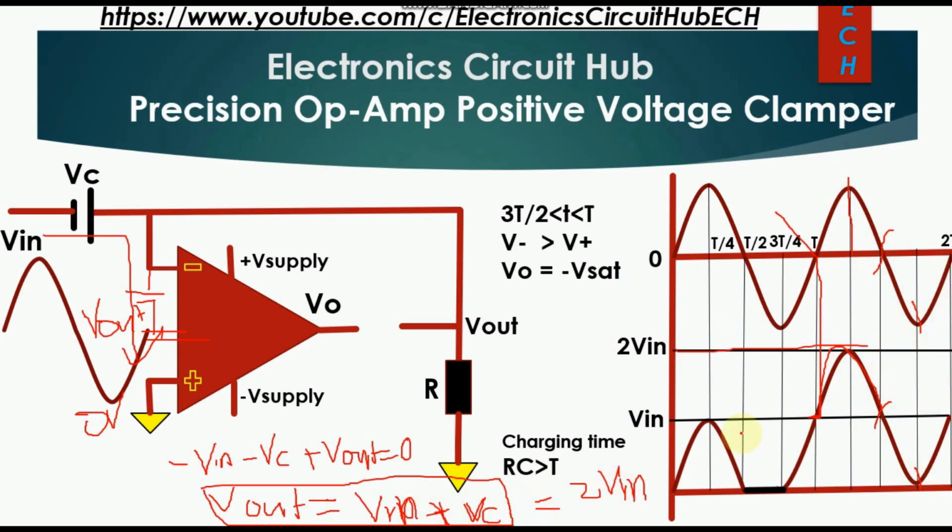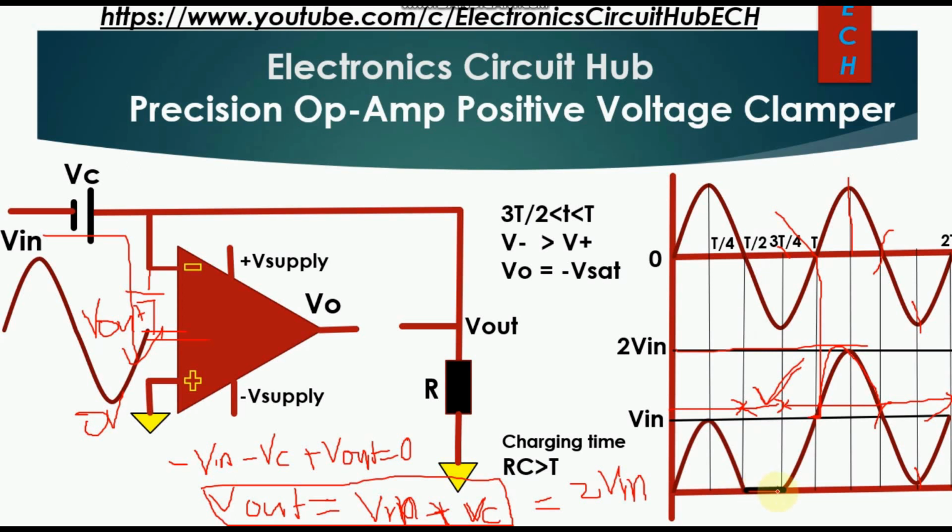So we can see here this time the diode was off, only at that particular point of time the diode was on, and again this is off, so only this period the diode is on. If you summarize this, for time period 0 to T, the diode was in off condition and the op-amp goes in negative saturation and your output follows your input. For time period greater than T by 2 and less than 3T by 2, your diode gets turned on and there is no output. So your output would be 0.